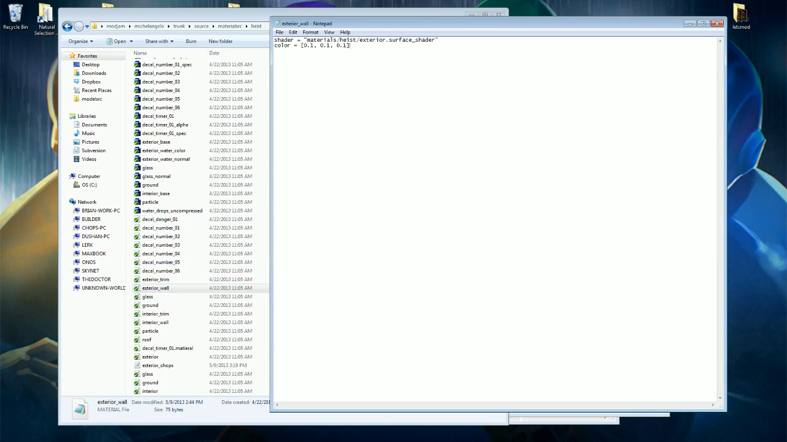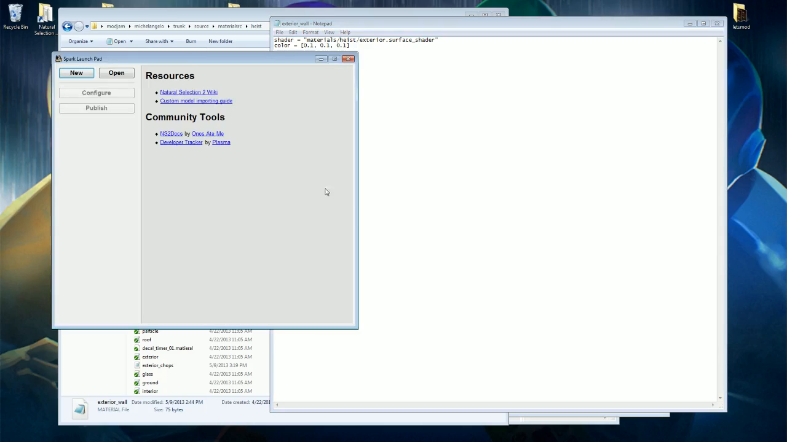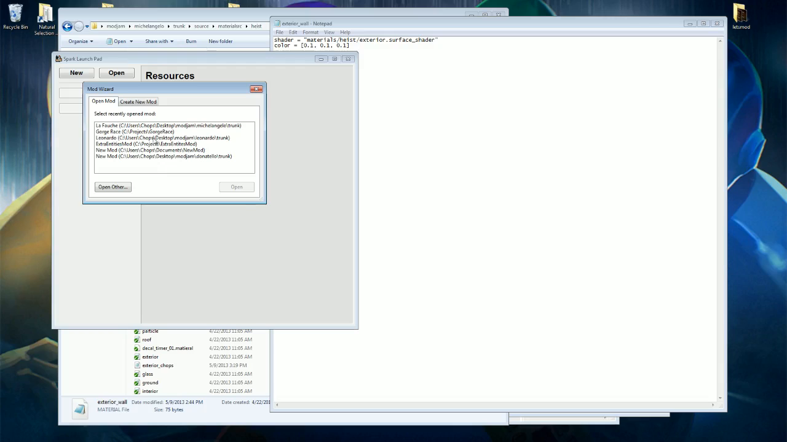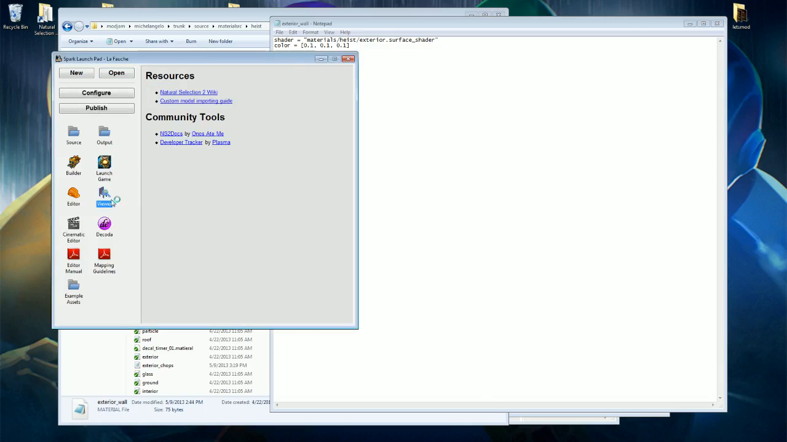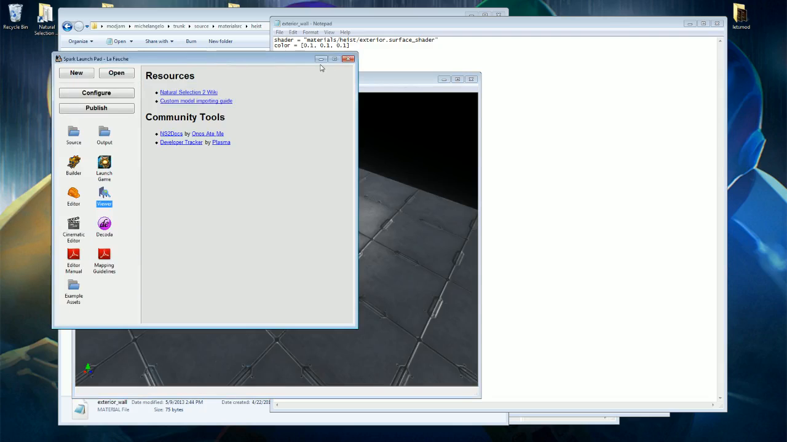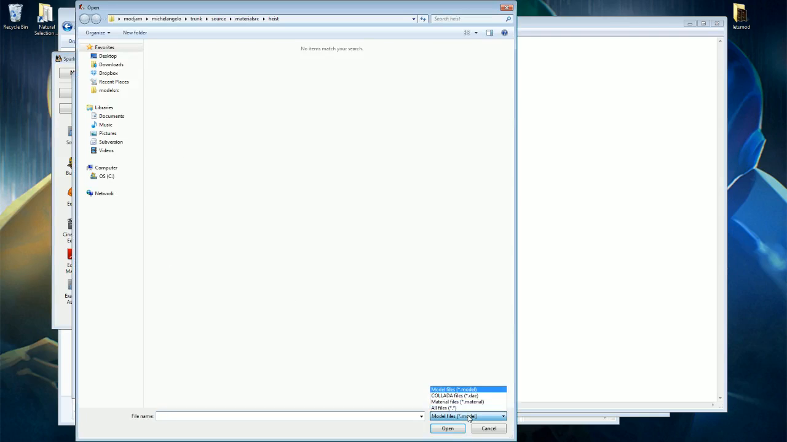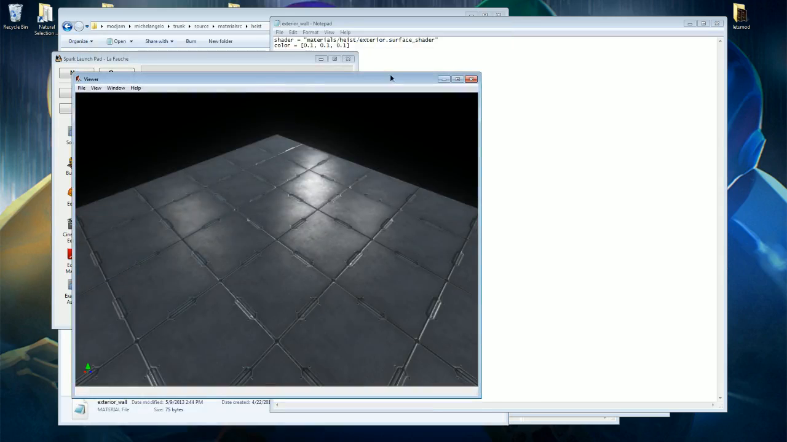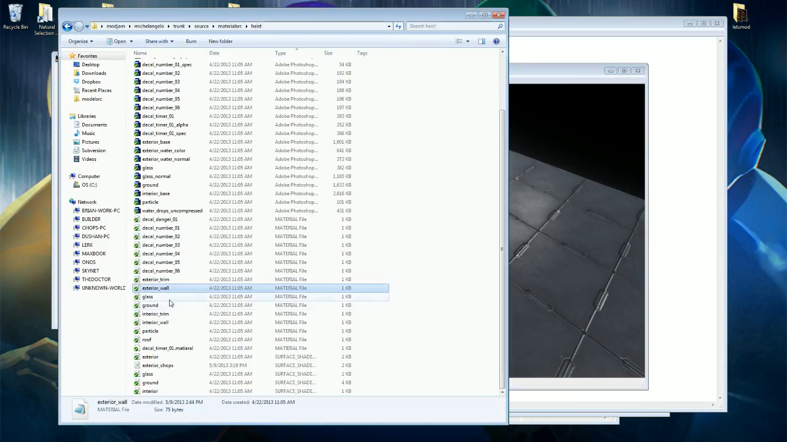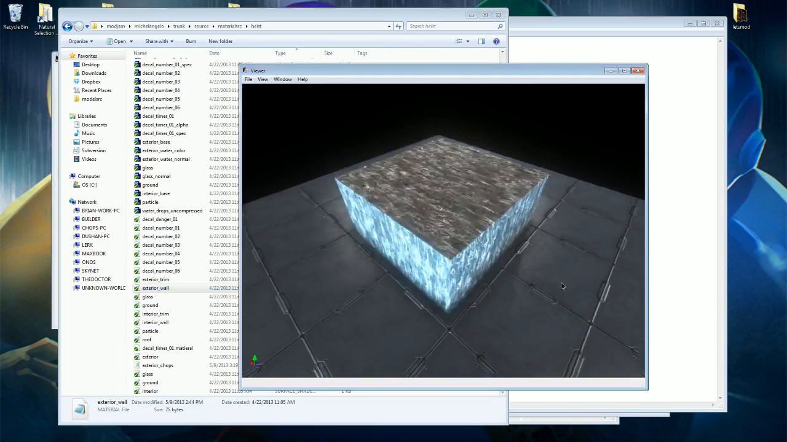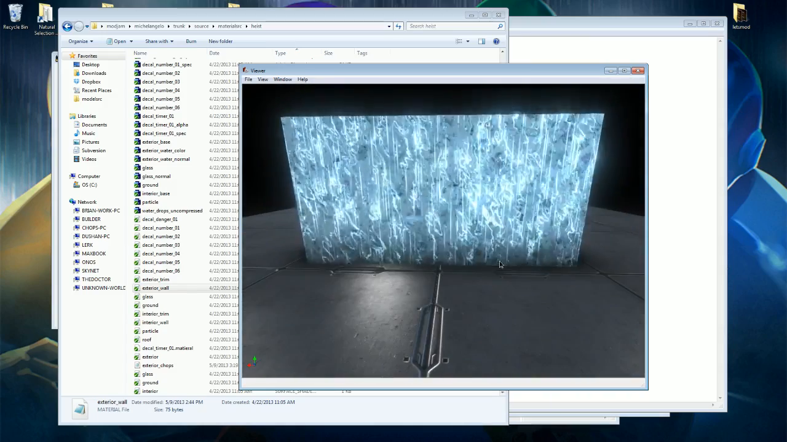So let's find out the way to see what this looks like. You can actually look in the viewer, and I'm opening up the viewer, and if you want to, you can browse for that material file, because it doesn't just look at models, it also looks at Collada files and material files. So what I'm going to do is just drag this exterior wall material file into the window, and there we go. This is what